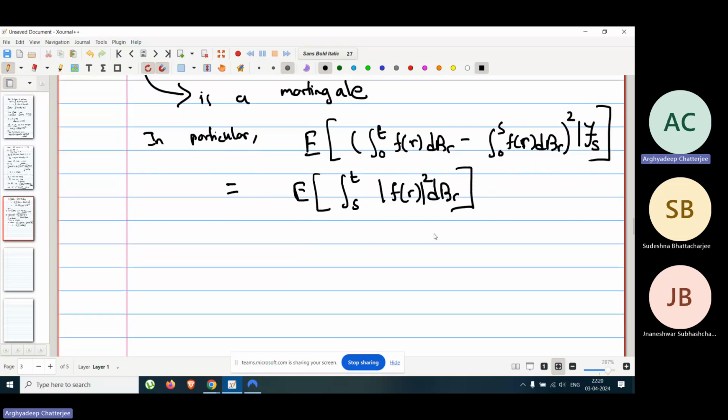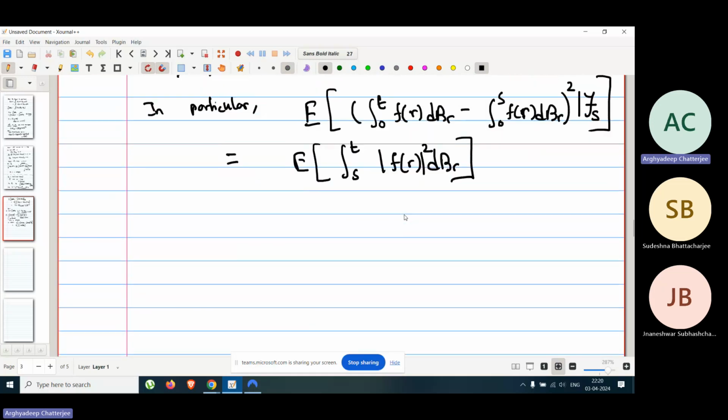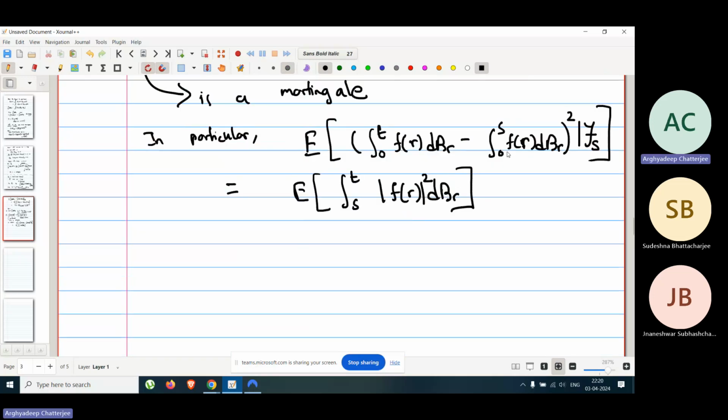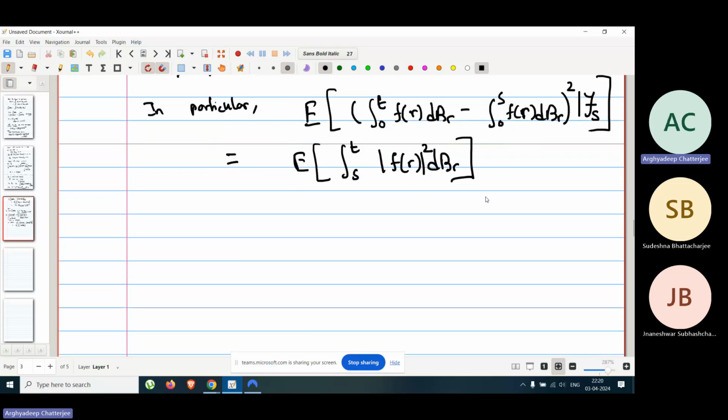So I'll prove this. And if we take s equal to 0 in this, so we get